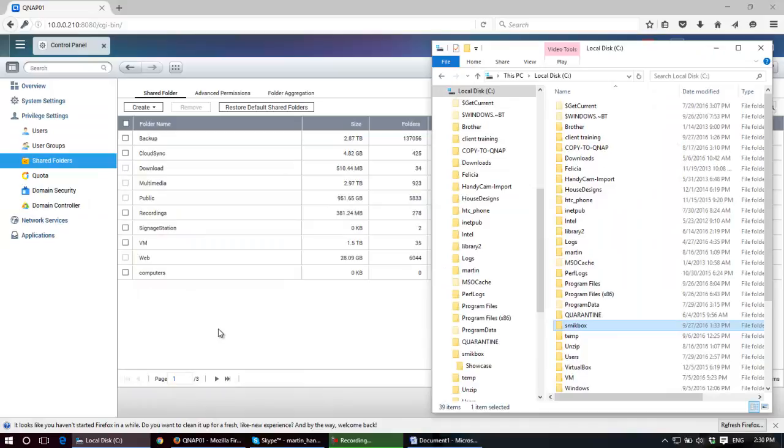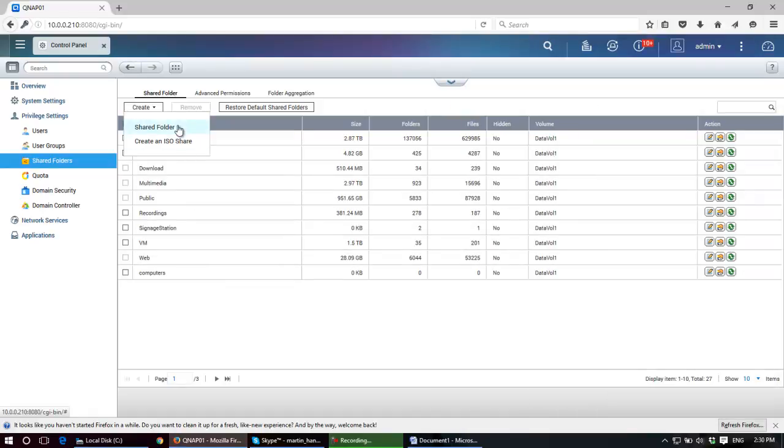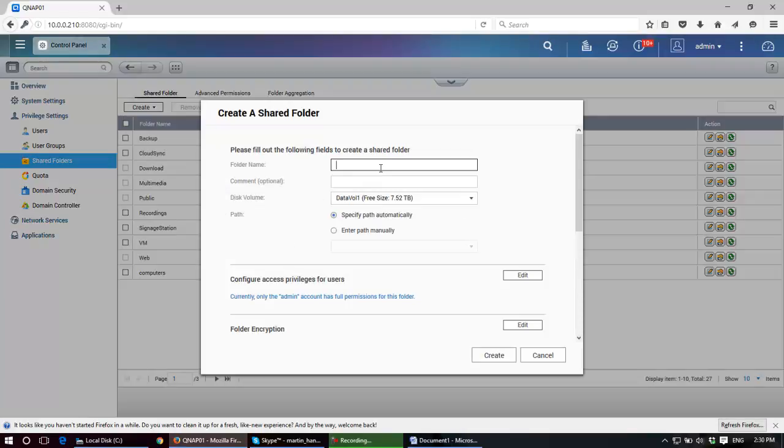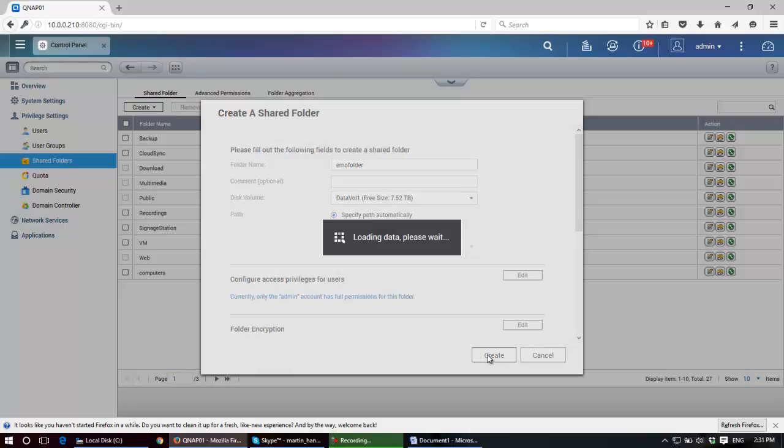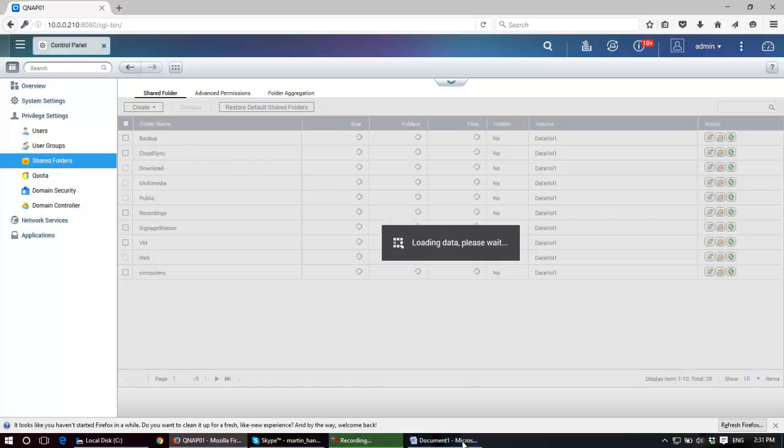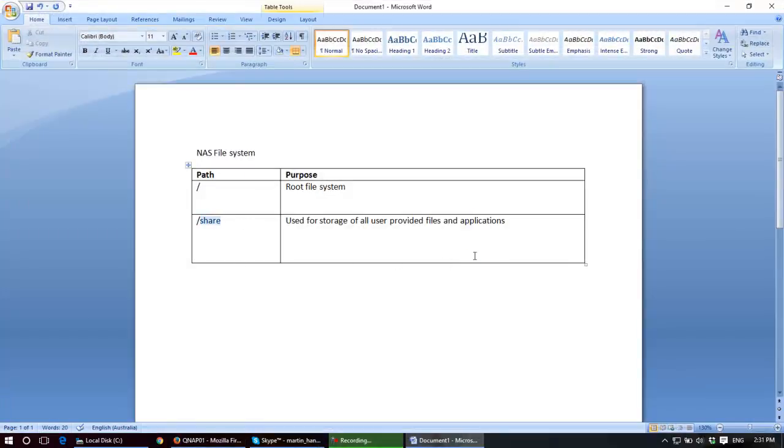So here we see, for example, a folder called computers, another one called web. If I create a new one called demo folder, press create, unbeknownst to me, that folder is actually being added under share. So it would, inside the NAS itself,